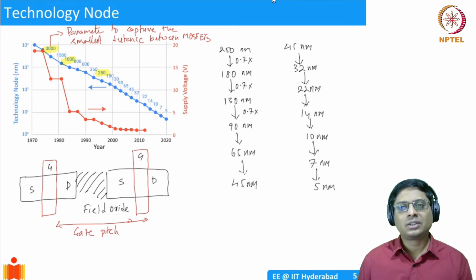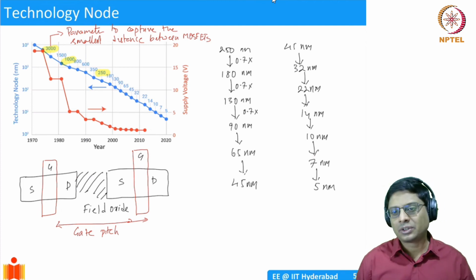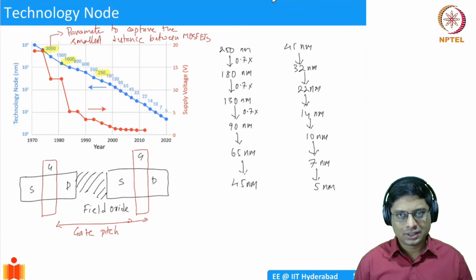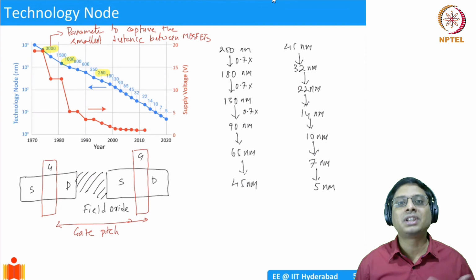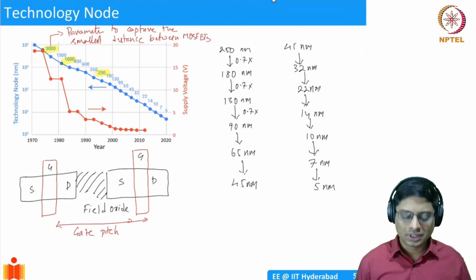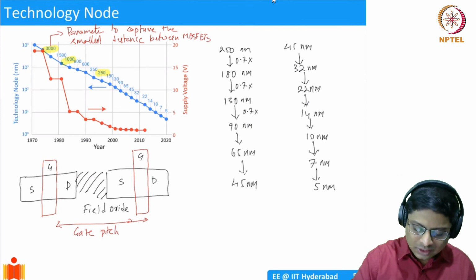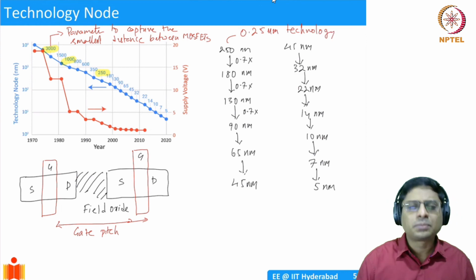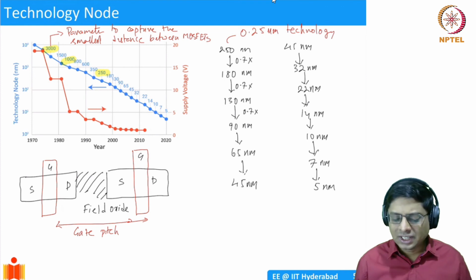Okay. So essentially, what we are doing is physically packing more transistors, and we saw that when we scale by 0.7x, the area reduces by 50%. So essentially, we can double the number of transistors. If you take a certain chip in, let's say, 250 nanometer technology, or sometimes we also call it 0.25 micron technology, what this means is the smallest MOSFETs that you can make are roughly of the order of 0.25 microns.